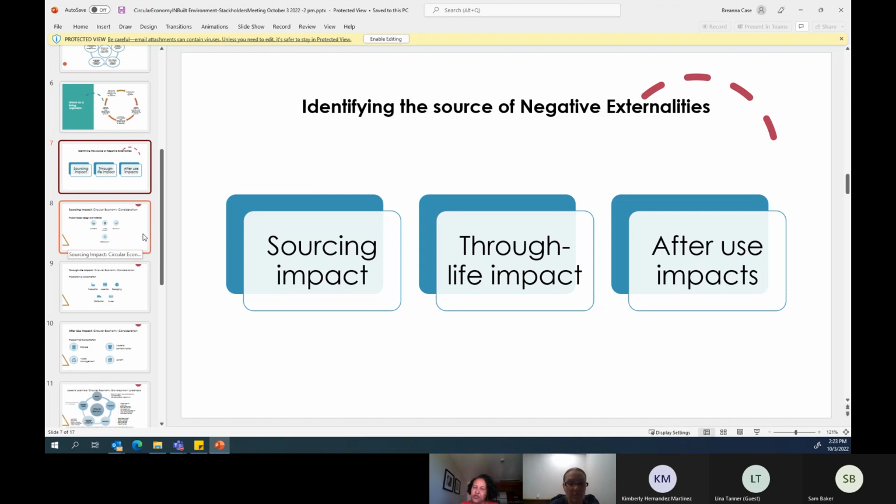We focus on material efficiency to reduce greenhouse gas emissions and others. So let us focus on the material impact at different stages: sourcing, through-life impact, and after-use impact, because this is where we can pick up materials for further treatment. We need to understand them. Can you go to the next one?